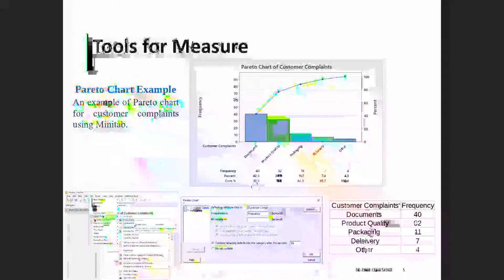If you look at this example, the causes of the document represent 42.6% of the causes. That means if you deal with the document first, you will resolve 80% of the effect of